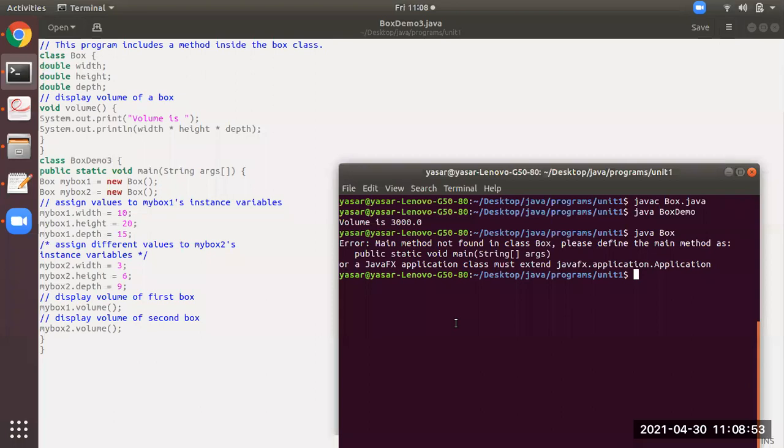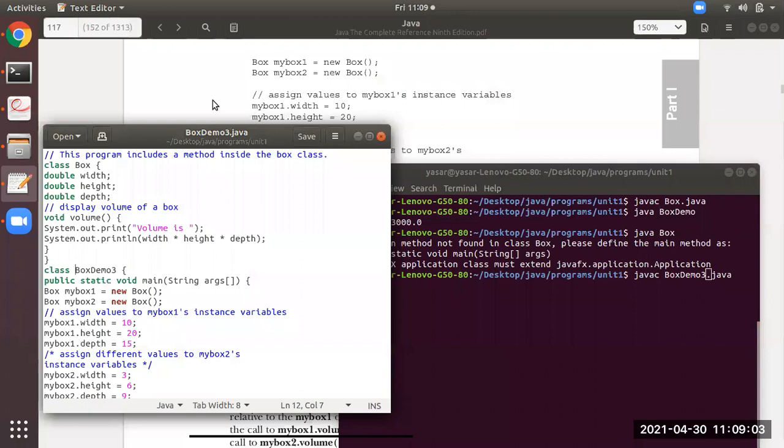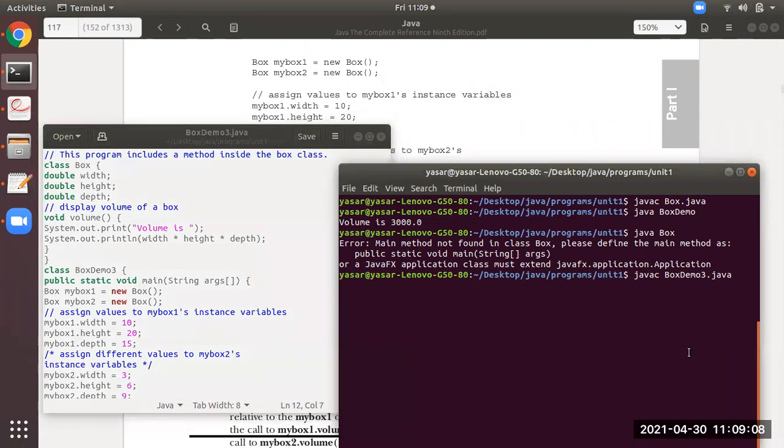Now I will compile this program. As I have saved it, you can see at the top it is box demo 3, so I'm compiling it with the file name: javac space file name dot java. See, I have compiled it.